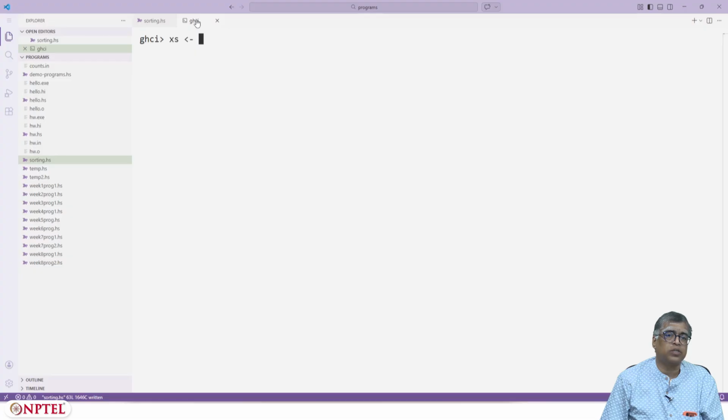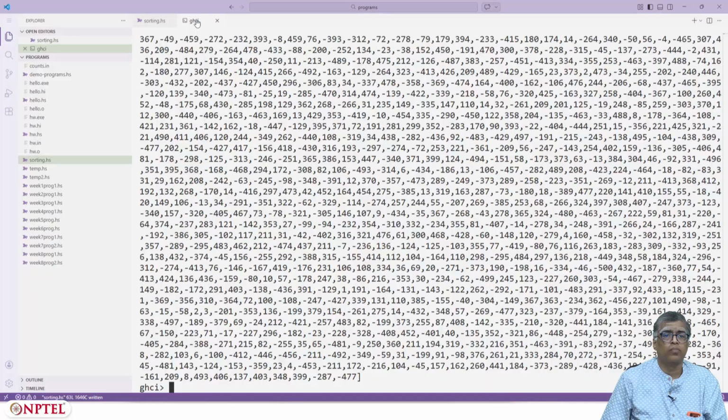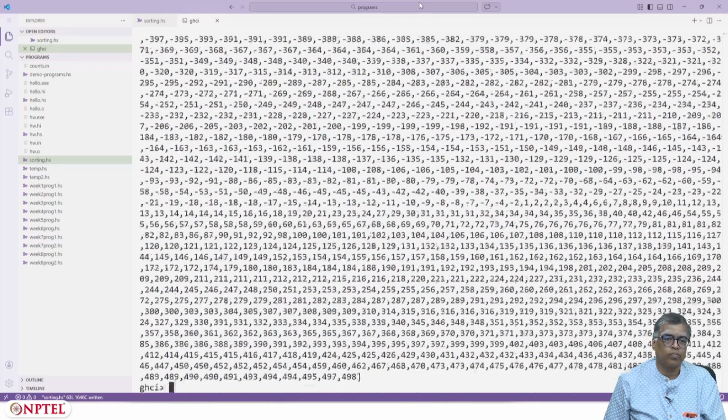Let me once again pick some random list. It's a truly random list because I have minus 477 and so on. So I can do qsort of it, and I get a sorted list.